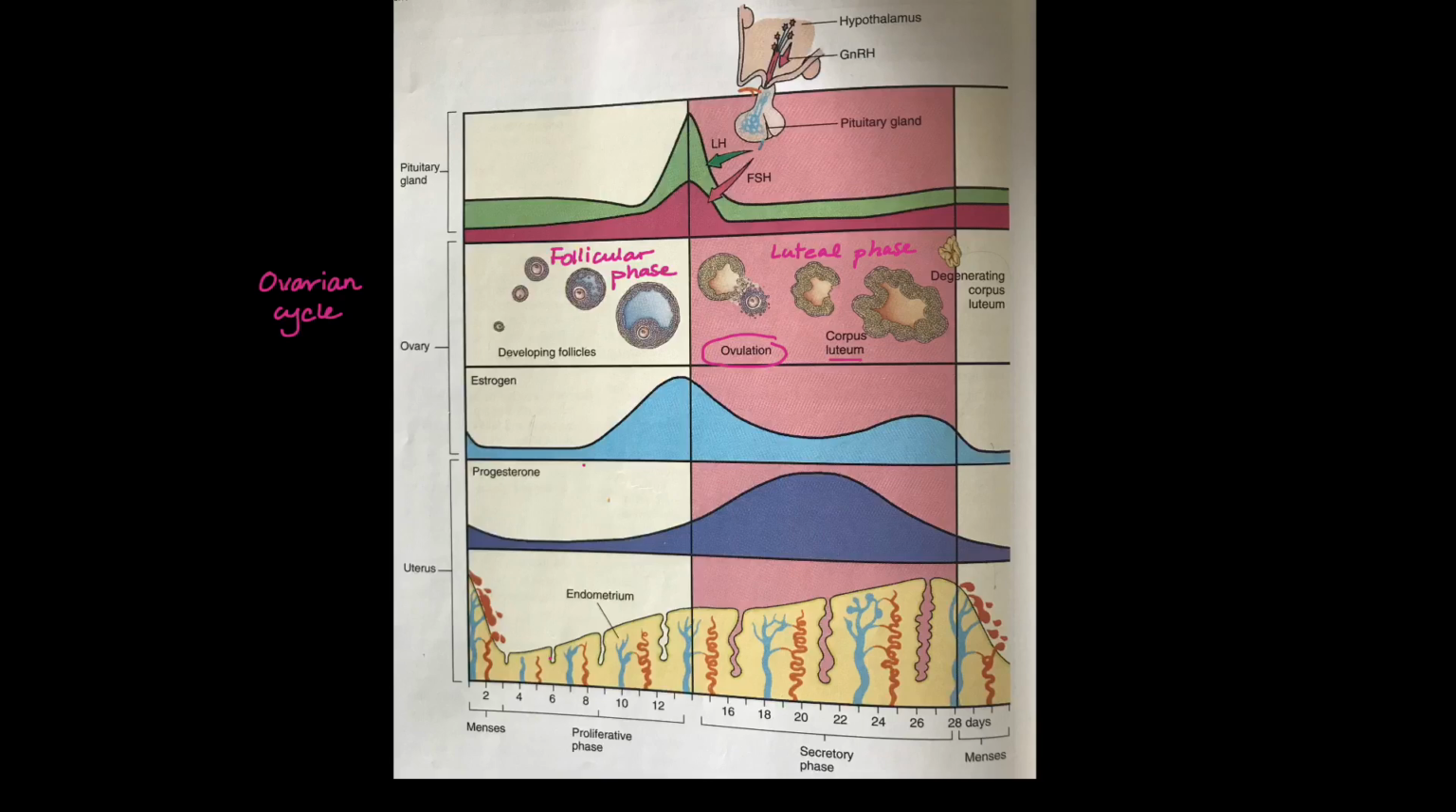So these components in the ovary are what are responsible for releasing different hormones, our estrogen and progesterone, and when these hormones are produced, that's what triggers the endometrial changes in our uterus. So that's what's driving our